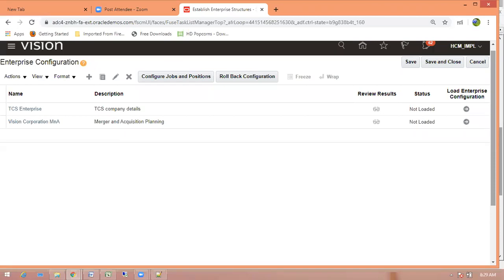Once you've done the demo instance configuration, then you will have a bootcamp session. In the bootcamp session, you have to explain all features to the client. Then the client will understand the product functionality. Then he will give the requirement: this is my existing requirement, this is the existing product, now as per your features, it should be like this. You'll have a MOM session and gather the MOMs. Based on that, you have to configure. Then you'll have CRP1 and CRP2 sessions.